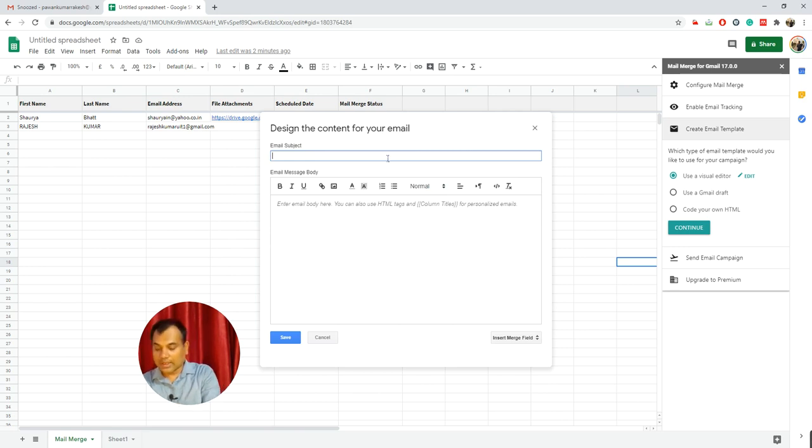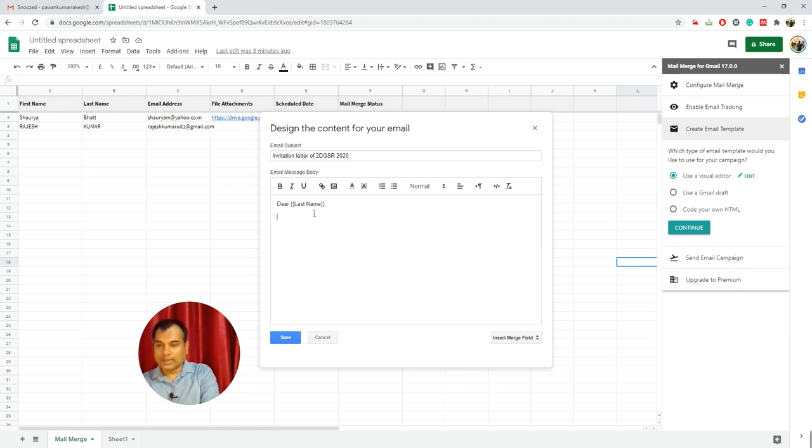Suppose I want to write an invitation letter to some person, a letter for the 2D GSR 2020. Then here, if you want, you can write dear, and the last name or first name. It is your choice.